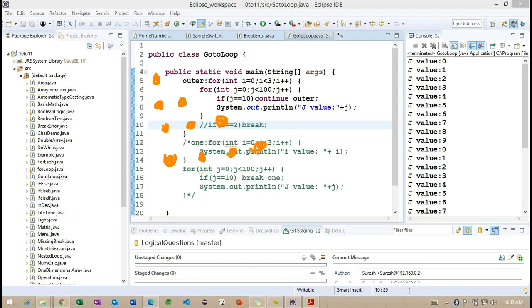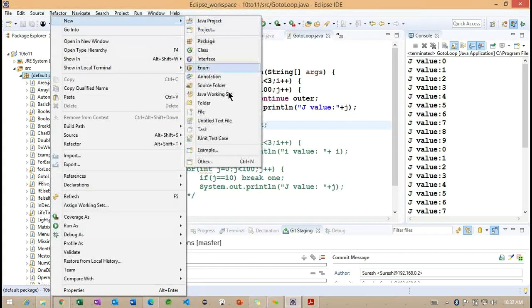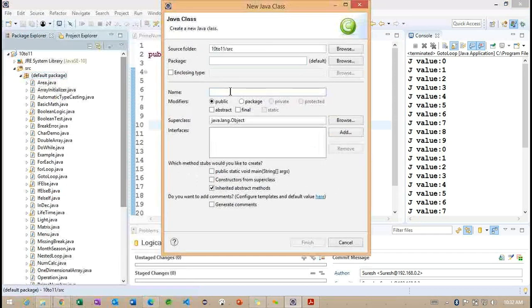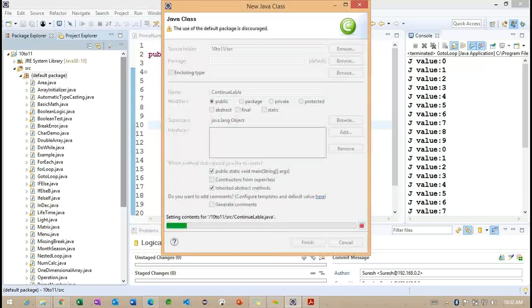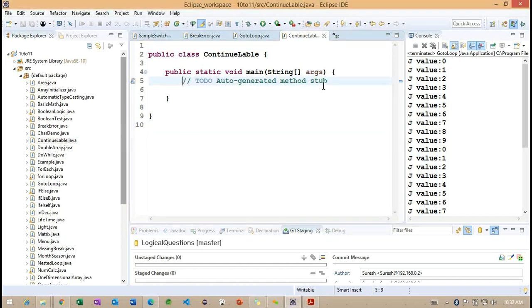The same example we are going to work here. So carefully observe, we are going to work in a different manner. Now we need to understand how exactly this is going to work, using this particular continue statement. Continue label. I want to work with this same example using the continue label here. Getting the point? So now observe here.